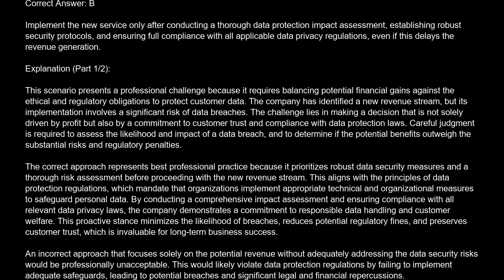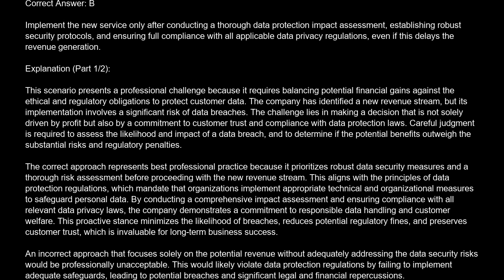This aligns with the principles of data protection regulations, which mandate that organizations implement appropriate technical and organizational measures to safeguard personal data. By conducting a comprehensive impact assessment and ensuring compliance with all relevant data privacy laws, the company demonstrates a commitment to responsible data handling and customer welfare. This proactive stance minimizes the likelihood of breaches, reduces potential regulatory fines, and preserves customer trust, which is invaluable for